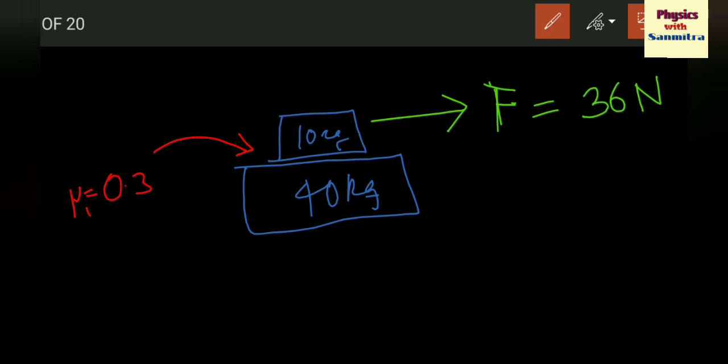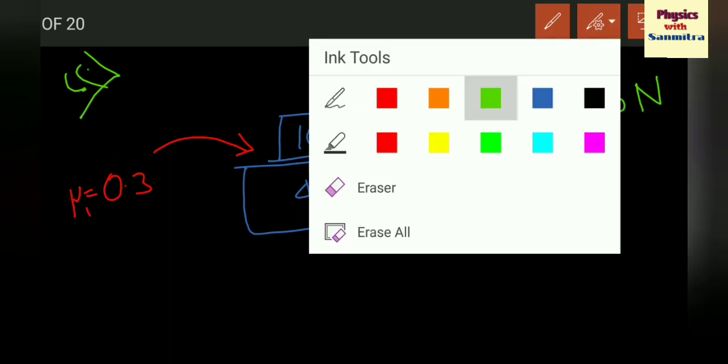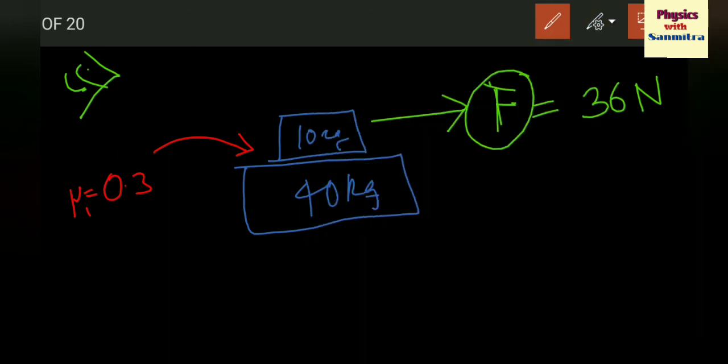But you don't actually know the value of this friction, this limiting friction, because this is the question that is given to you. So what you have to do in these cases is take two cases: one is it is slipping or not. So first of all, we are assuming, or we can rather find, the maximum value of F so that these two don't slip. If I ask you to find the friction force f that is acting in between,